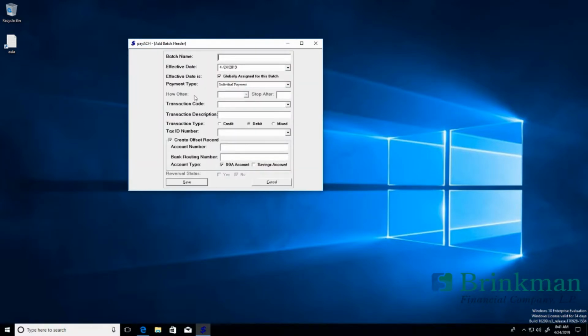The batch header is just considered a grouping of transactions. So in this case, it might be a payroll, or it could be dues for something. You choose the next payment date that this is going to effectively pull funds from somebody's account or push funds to that account. In this case, we could say it's a Friday payroll, so the 4/26